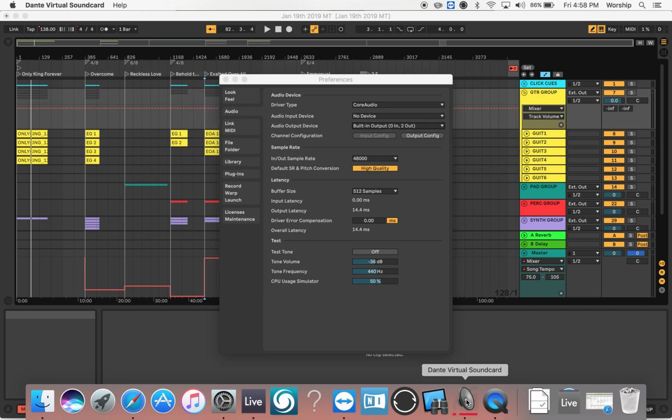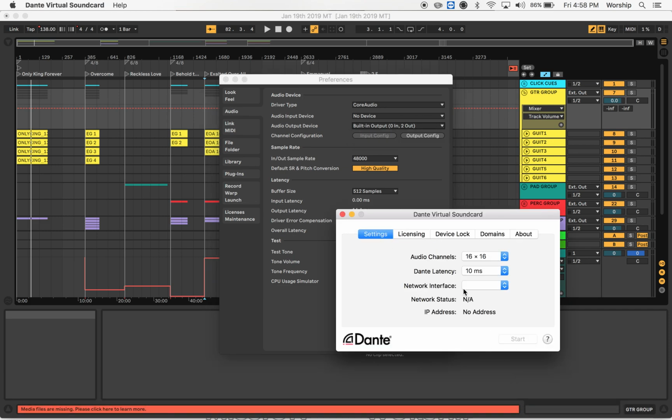Whenever you start that up, you'll see the network interface. It should have something there, as well as the network status, and there should be an IP address. If it's not started, you can just hit this start button right here, and it should work. Sometimes it's a little fishy, so you have to ask for help or try to get it working.